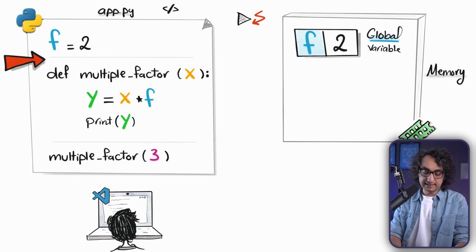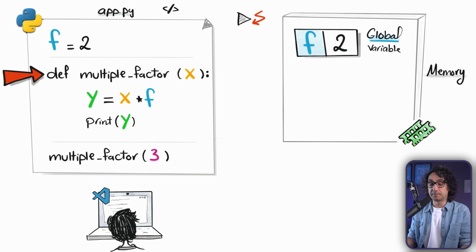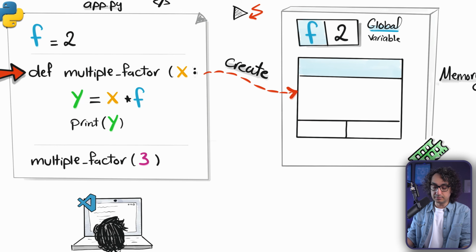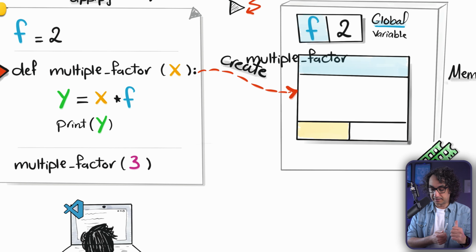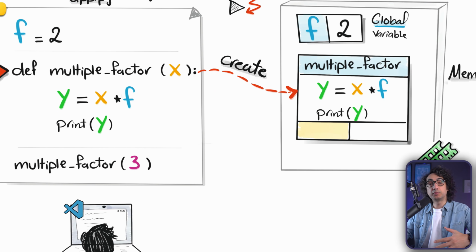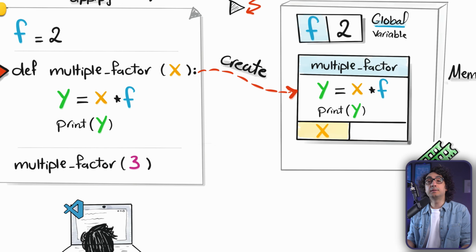Now it's going to go to the second line where it's going to see a def. So Python is going to understand, okay, I'm going to create in memory an object called function. It has a name, multiply by factor, and inside it, it's going to put the body, the function code, and then a list of parameters. Since we have only one, we're going to have only the x, but without any value yet. So we have only the name of the parameter, and now comes something very important.